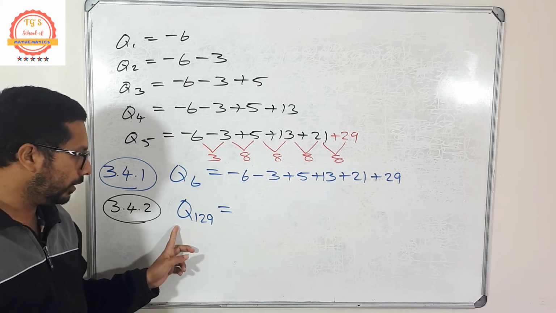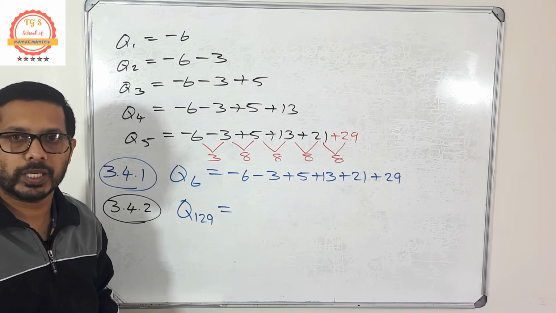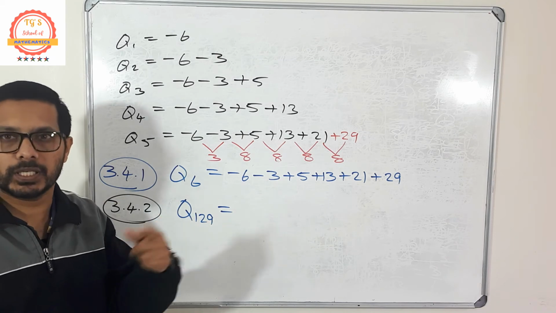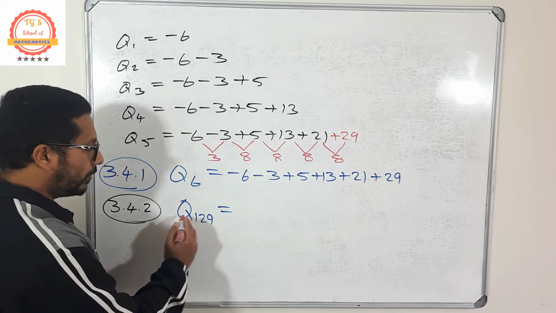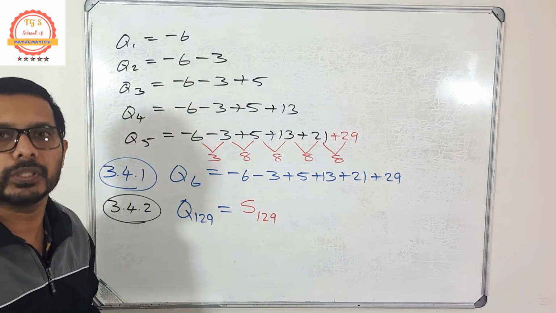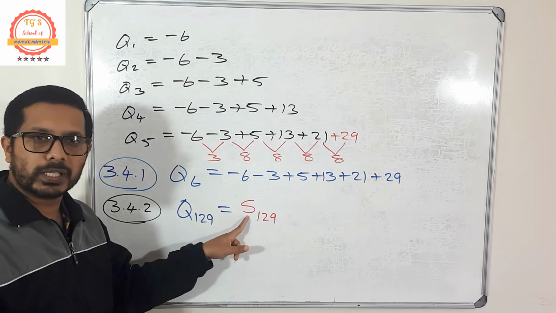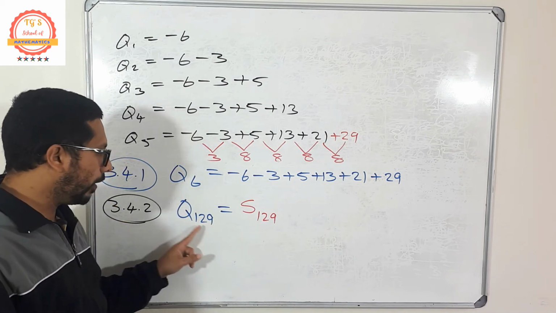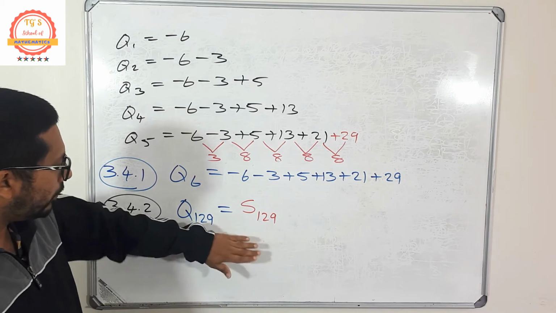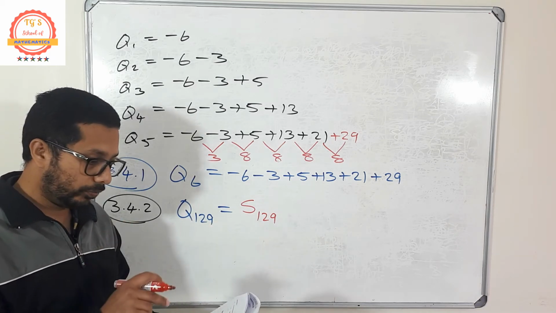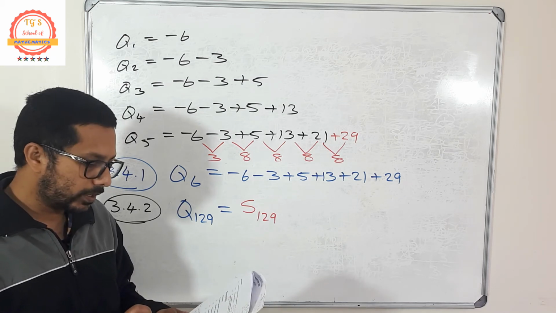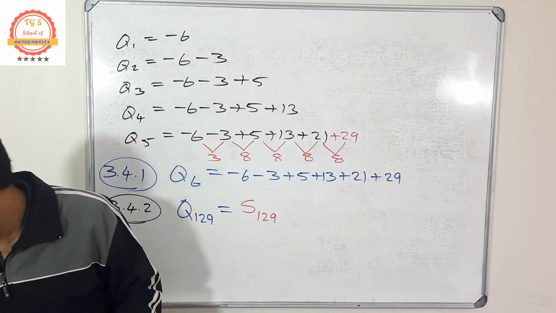So what about this Q129? Q129 is the sum of the first 129 terms. But we are not familiar with this Q. We know that to find the sum it's a capital letter S. Am I right? So instead of this Q, I am going to write S129. It is not compulsory that you write S129, but we are familiar with the capital S to find the sum. So this Q129 is the same as S129. Now leave this one for a while. Now look at the beginning of that question. Look at question number 3, how it started. Consider the series Sn is equal to. So look at that series given.